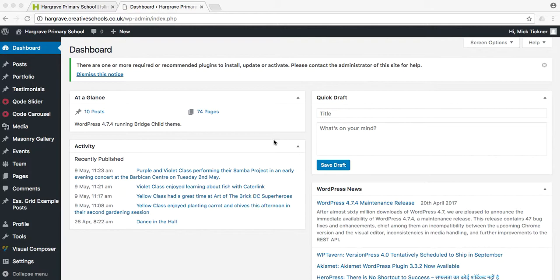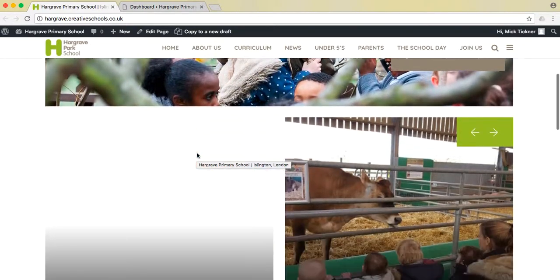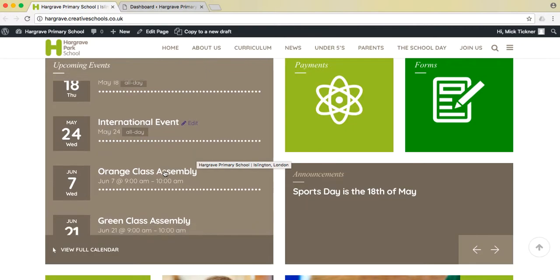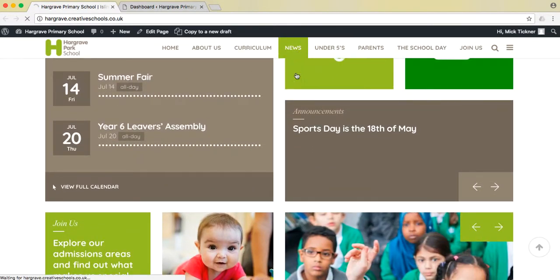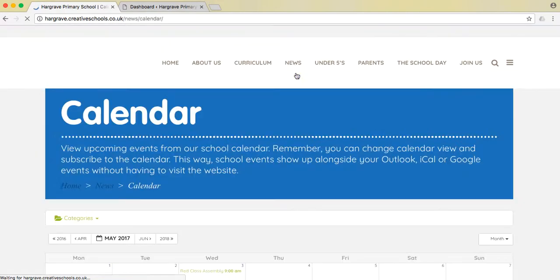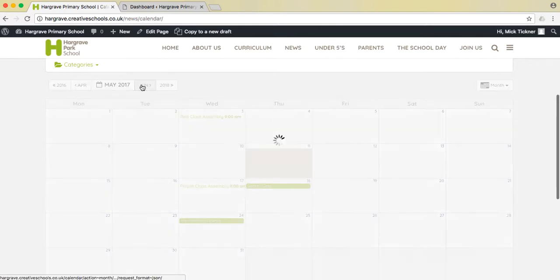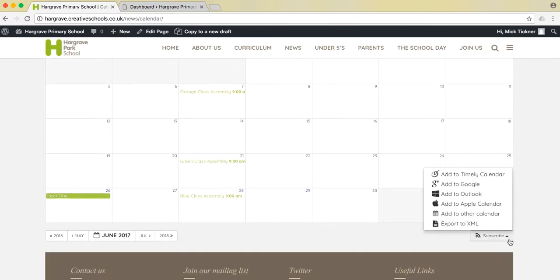So we're logged in, and where the events show on your homepage, they appear in this, and you can scroll down through 20 events on there, and they also appear as a full monthly calendar within the news section. And on here people can click through months, and they can also subscribe to these calendars, so parents can subscribe to calendars by clicking on these links and